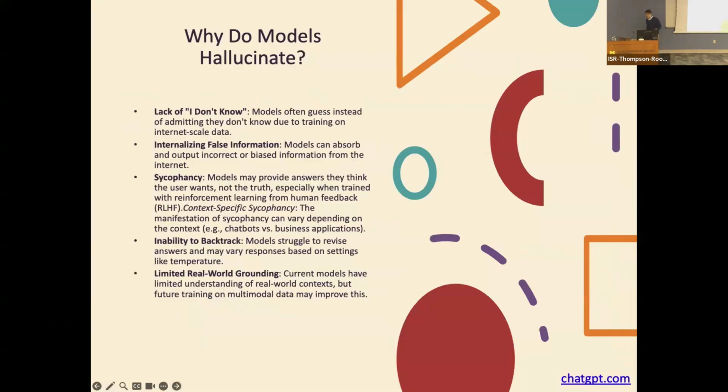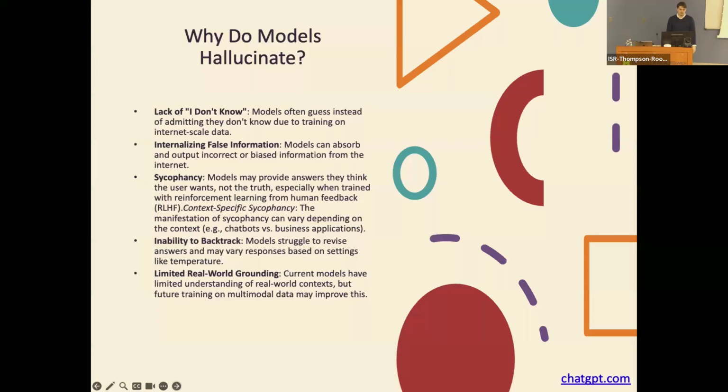Next slide is, why exactly do models hallucinate, other than the argument between creativity and how factual something might be? So models hallucinate for a couple things. They don't have a built-in "I don't know" factor. They'll always try to give you an answer, especially if you have it connected to the internet. They'll search for that specific thing. The way you can overcome this is by telling the model, hey, it's okay to not know, just tell me instead, or provide suggestions if you don't know.